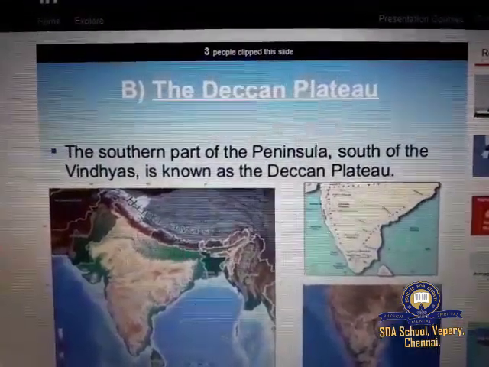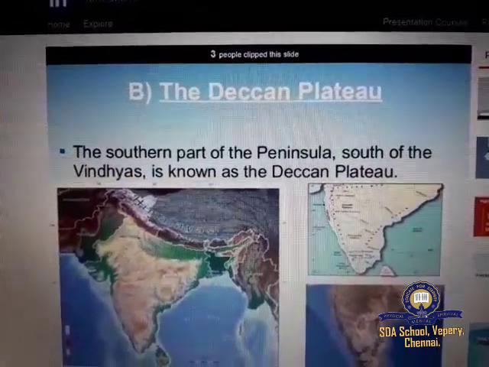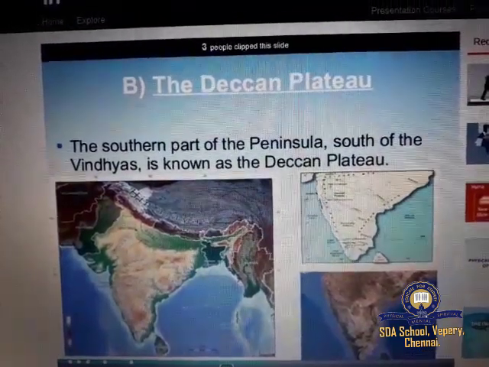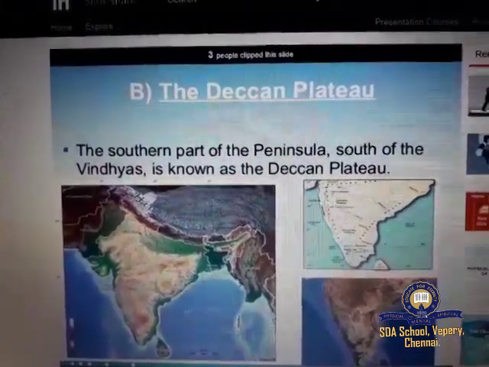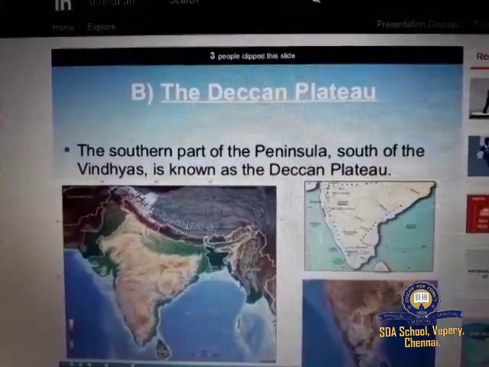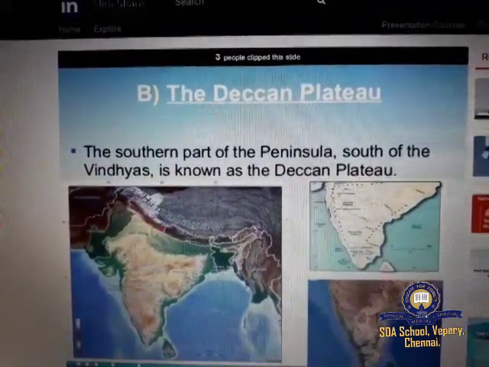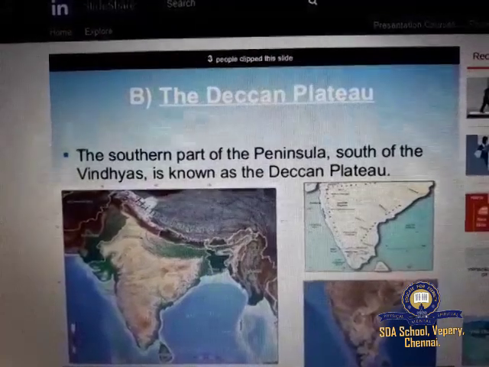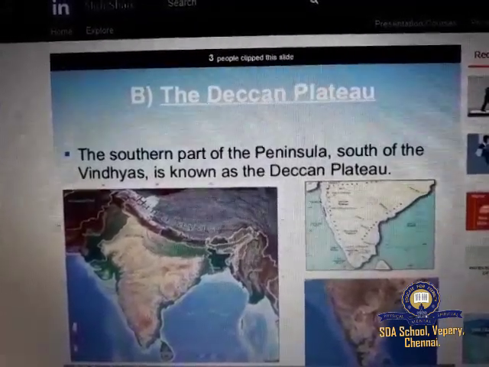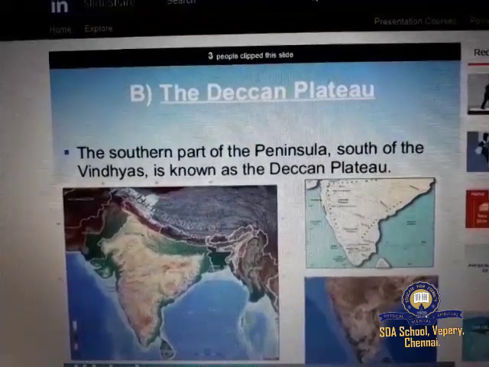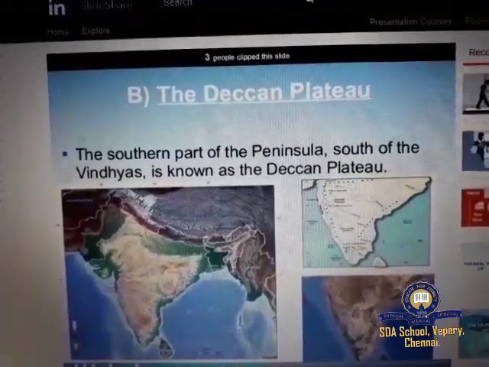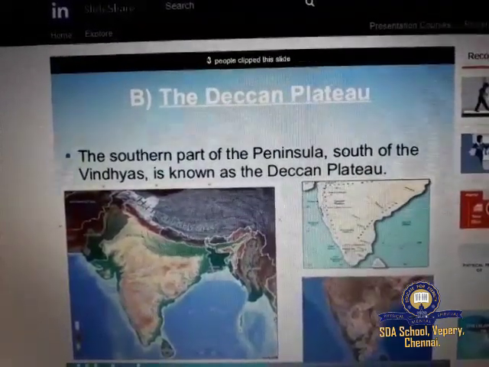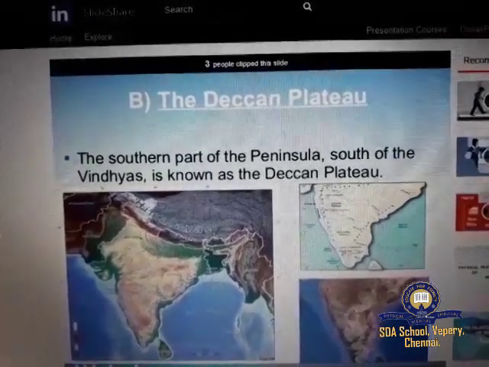Deccan Plateau. This physiographic division is the largest part of the plateau region of India. The shape of this plateau is roughly triangular. One of the sides of this triangle is marked by the line joining Kanyakumari with Rajmahal Hills, and this line passes through the Eastern Ghats. The second arm is marked by the Satpura range, Mahadeo Hills, Maikal range and the Rajmahal Hills. The third arm is marked by the Western Ghats.